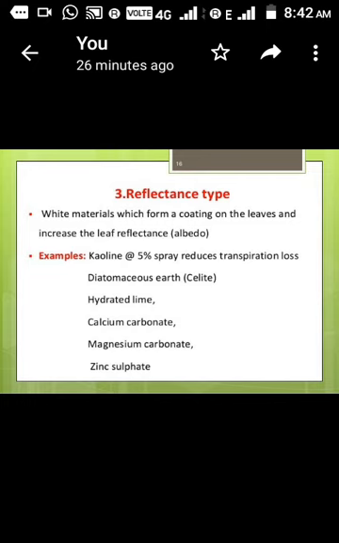So students, in this way we have seen what transpiration is, what kinds of transpiration there are, the mechanism of transpiration, the factors affecting it, the instruments to measure transpiration rate, and anti-transpirants. Okay, so in this way we have finished this topic. Next time we will meet with some new topics.